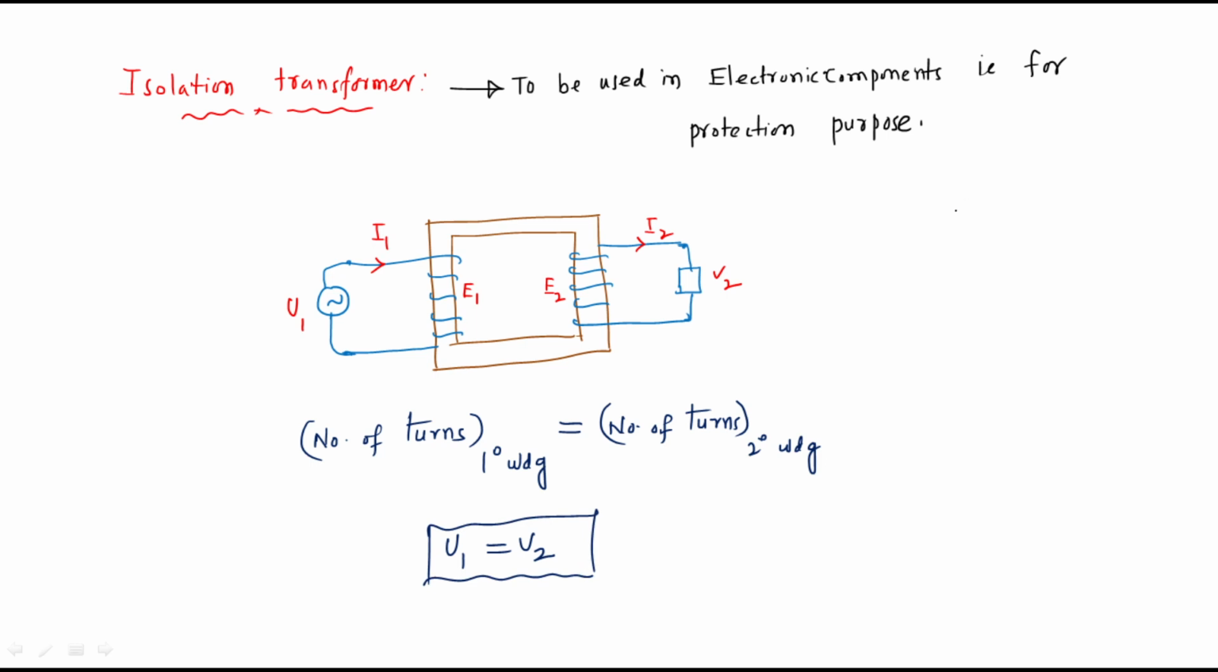This type of transformer should be used in electronic components for protection purpose. So the number of turns available in primary winding should be equal to the number of turns available in secondary winding, because the number of turns are equal, obviously the supply voltage should be equal to secondary voltage, right? So simply,